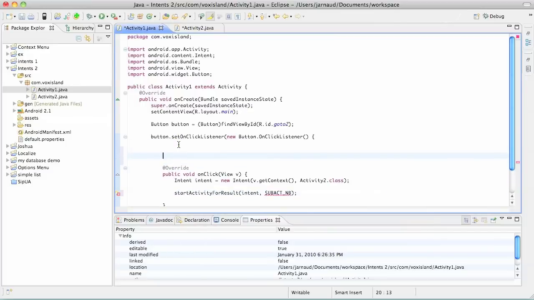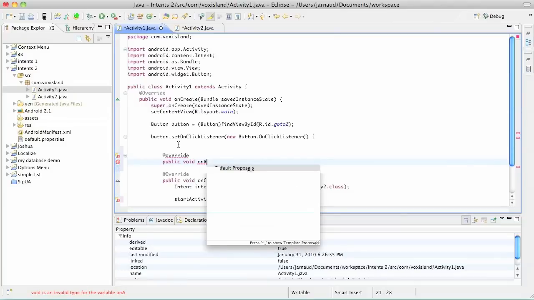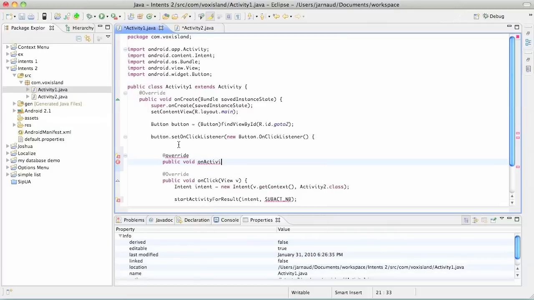So once again, if this activity crashes or fails, then activity 1 is going to receive a result canceled. So now how is activity 1 going to get that result, this intent, back? Because here the only thing I will get will be the status. What I will do here,